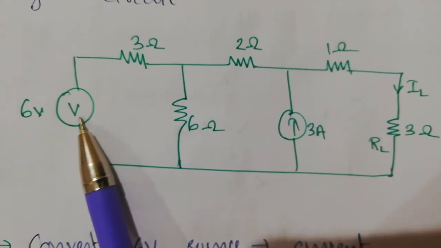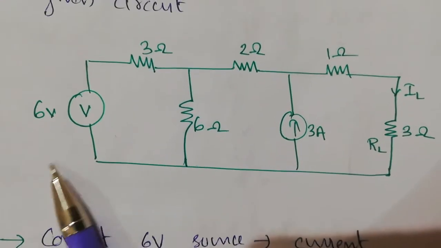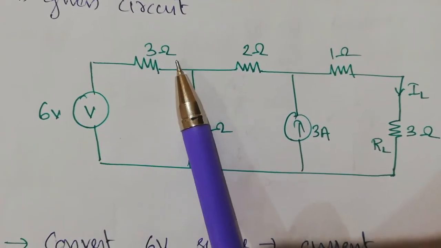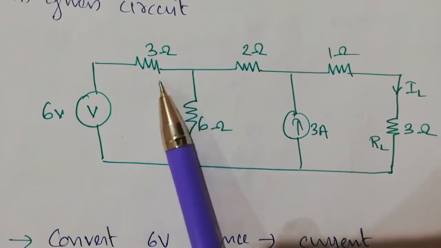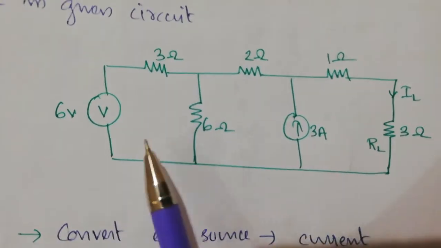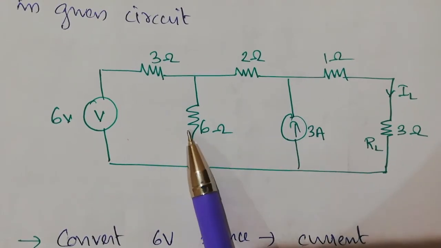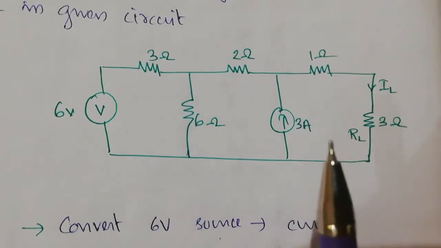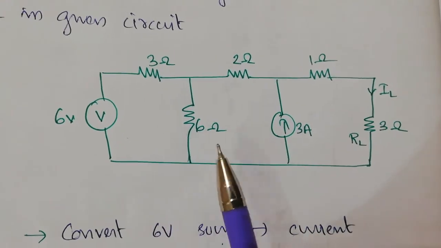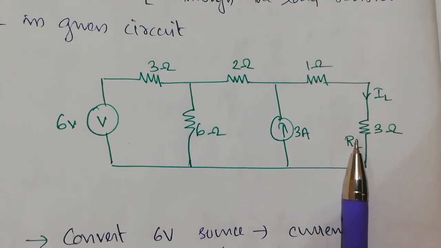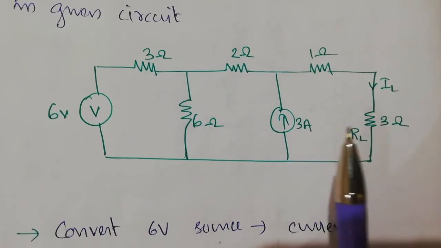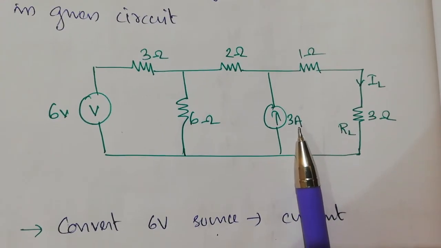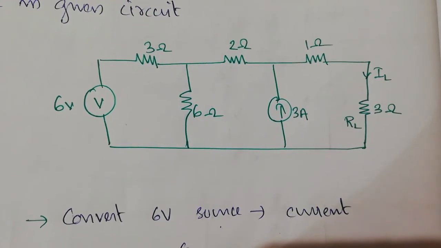Just remember one thing while solving such circuits: we have to start from the left side and convert the voltage source with series resistance into a current source with parallel resistance. Also add up the resistances when they are in series, find the effective resistance when they are in parallel, and add the parallel current sources. You can simply solve such circuits and find the solution asked in the questions. So thank you. In this method we can easily find the solutions of our problems.